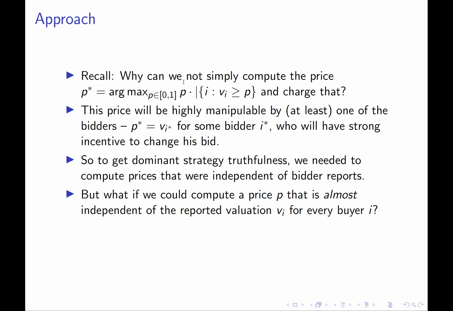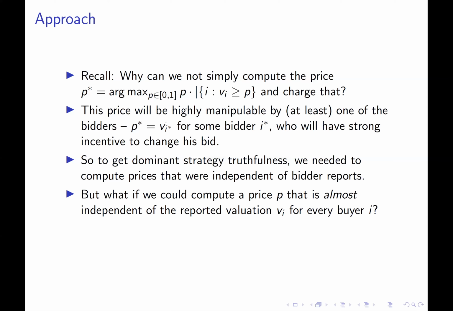And so the question we're going to ask in this lecture is, well, okay, I can't just go and compute a price that optimizes profit on the bids and charge that, because that would be an extremely sensitive function of the bids. There will be one bidder who can unilaterally just change the price by changing his bid. But